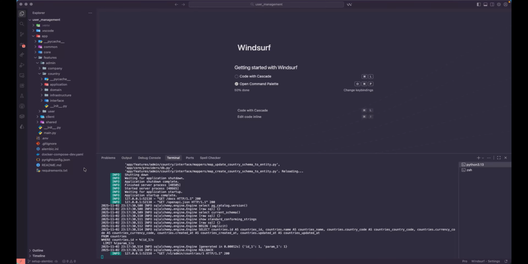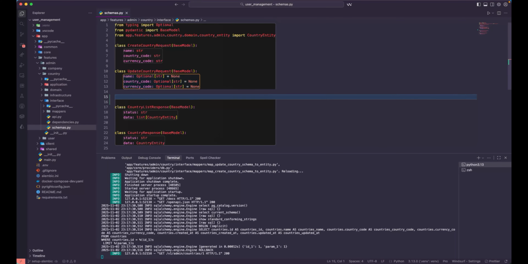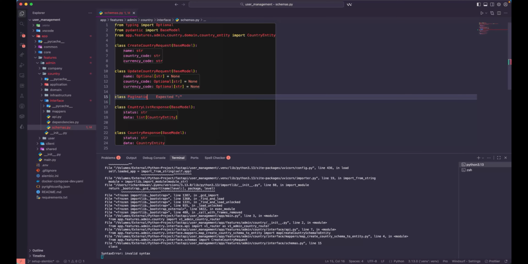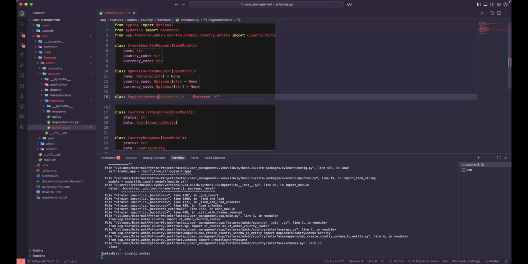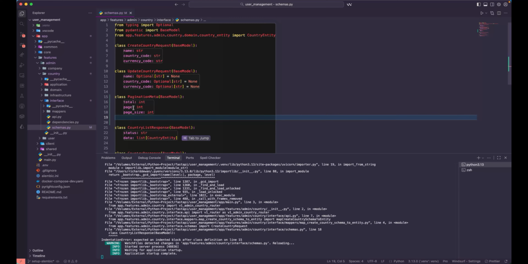Now let us try to add pagination to our get all countries endpoint. For that, we'll go to the interface and to the schemas first, and add one more schema that will be a class, and we'll call this one PaginationMeta. Import and extend from the BaseModel,